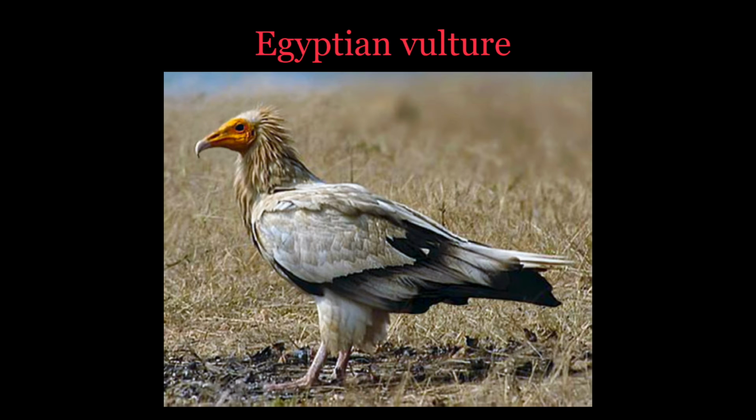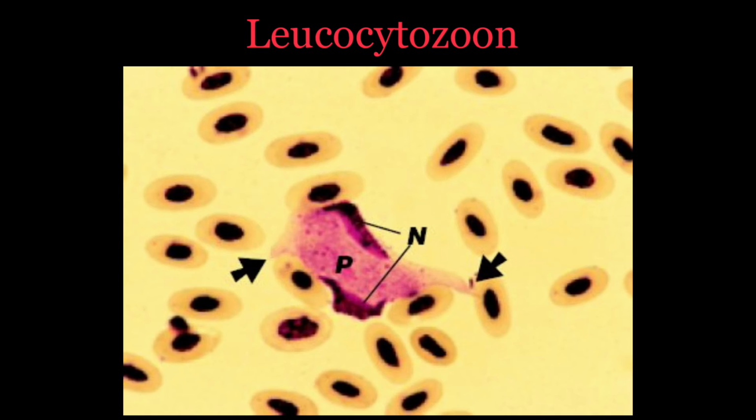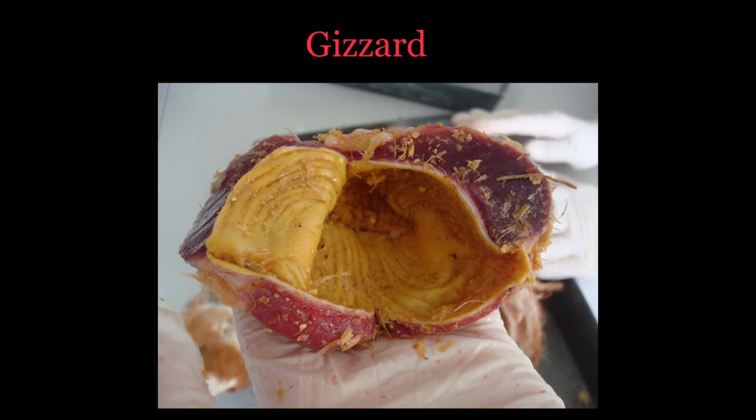Hemoproteus coraciae live inside the red blood cells, and leukocytozoon blood parasites have been recorded in the lung tissues. Parasitic helminth worms Hagelia shrivastavae, Cernia graphophasianae, Havernema thapari and Cinnamantis spiralis have been recorded from the gizzards of Indian rollers. Breeding. The breeding season is March to June, slightly earlier in southern India, when adult males and females form